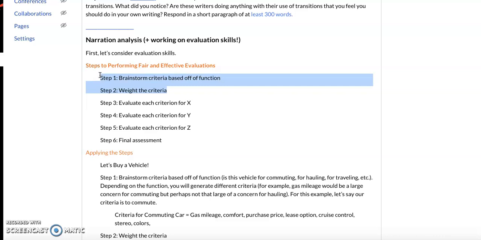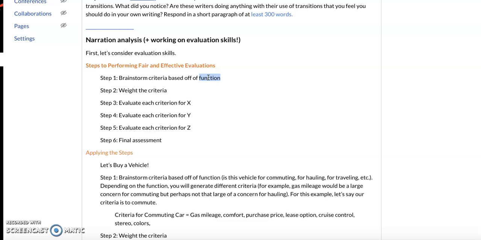So if you're trying to evaluate, I used a more accessible example here rather than narration. I thought that might be a little bit abstract to jump right into narration. I use this thing of buying a car. So if we think about function, it's easier to think about, well, what are the different functions of owning a vehicle? Why would you want to own a vehicle? So you might want to own a vehicle because you need to move your family from one place to another. So you might need a car that has lots of room for seating. You might want a car just for commuting, right? And then you're not caring so much about how many passenger seats there are. You might want a vehicle for hauling things.